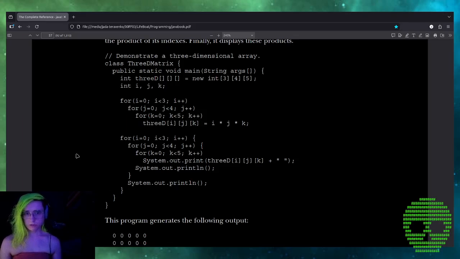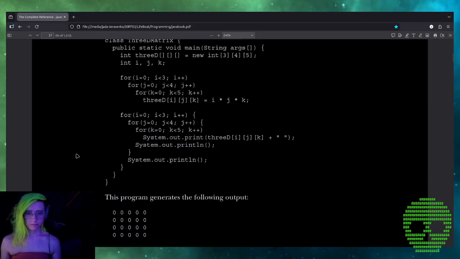for (i = 0; i < 3; i++) { for (j = 0; j < 4; j++) { for (k = 0; k < 5; k++) System.out.print(threeD[i][j][k] + " "); System.out.println(); } System.out.println(); } } }